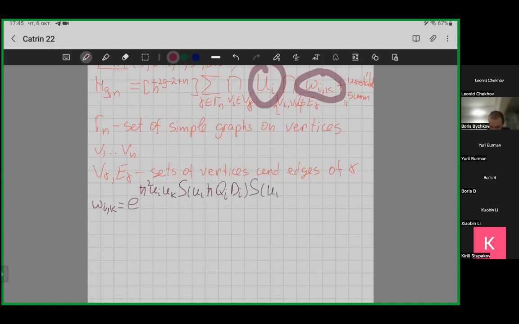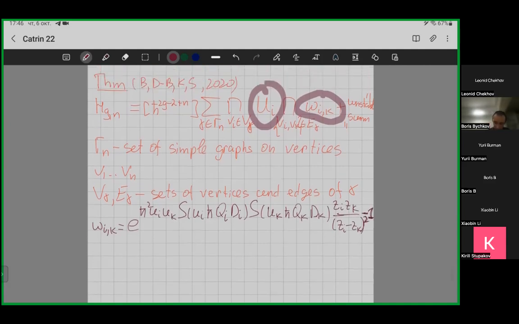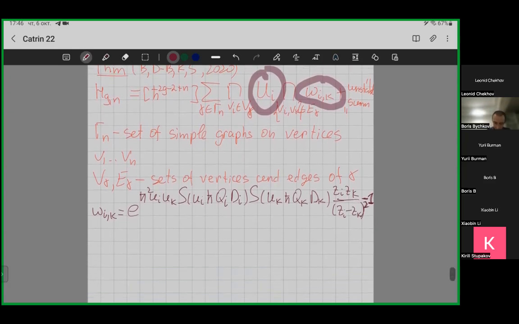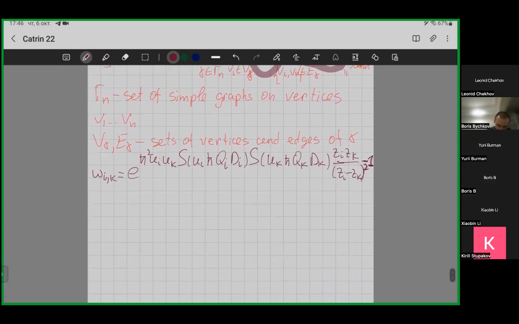Maybe I should stop at some moment, but I want to say that I said closed formulas, but you see it's not so closed. It's rather big, but it turns out that you could work with these formulas. So it's not closed. I mean, there is no explicit equation. We have a sum over all graphs, some simple graphs, and we have these huge weights, and also this U operator. It's a weight